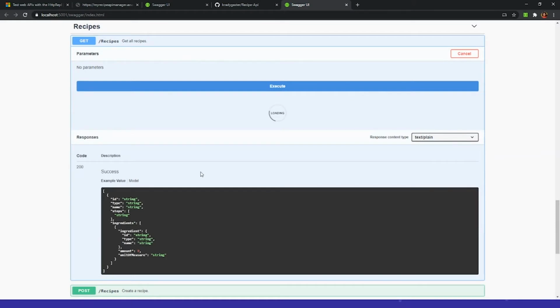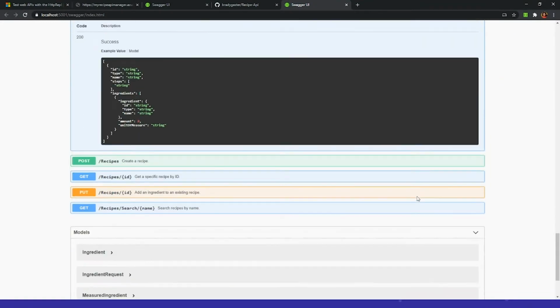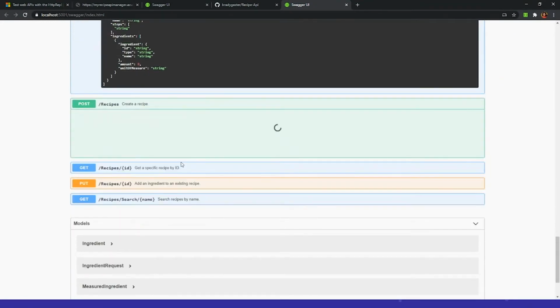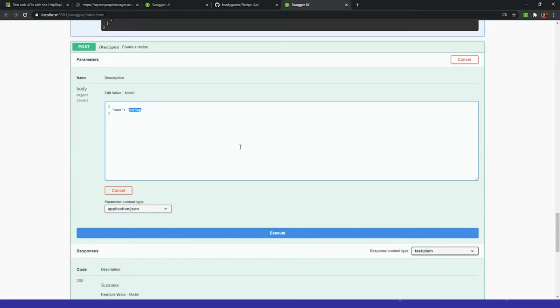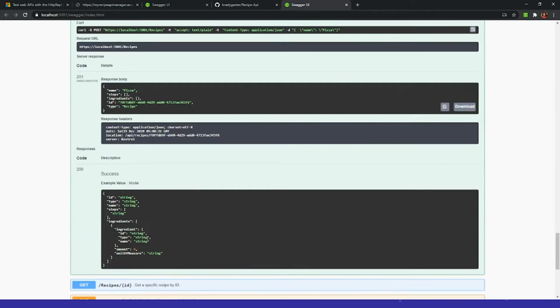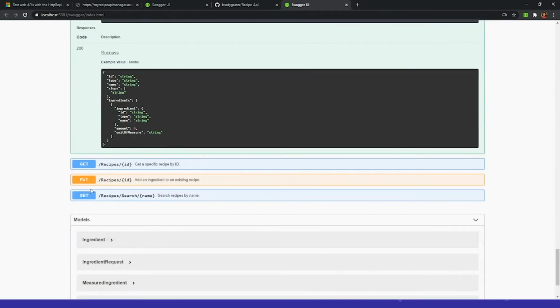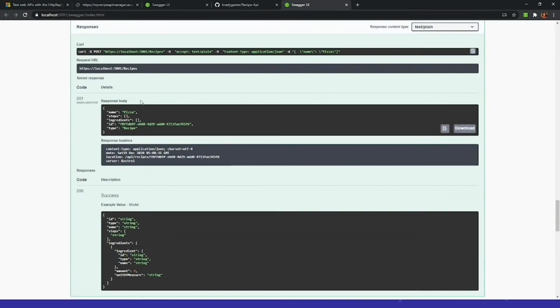So you will be able to see all the recipes here. And let's try to create a new recipe. Let's see, pizza, and the recipe is created. Now I want to add some ingredients to the recipe. I want to get the recipe ID. So the recipe ID is this one,